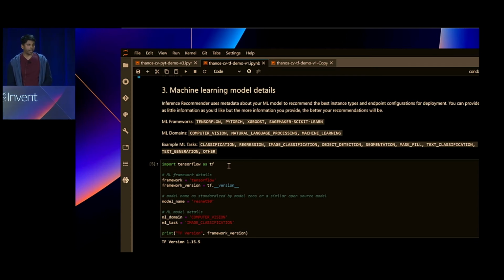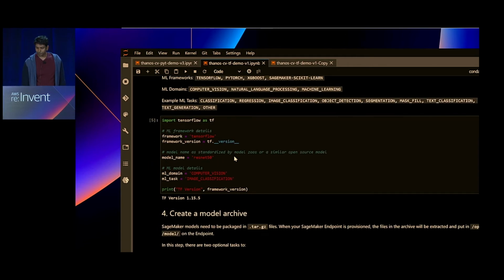So here you can provide as much information as you feel comfortable with, but you can imagine it's a recommendation engine powering Inference Recommender. So the more information you provide about your ML framework, the domain you're working on, whether it's computer vision, natural language processing, or the task, Inference Recommender uses this information to identify the best set of instance types to test your model against.